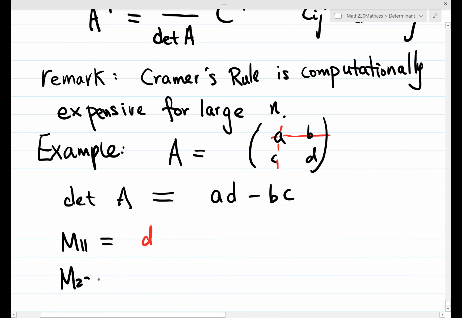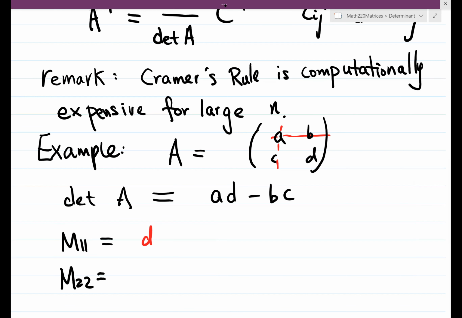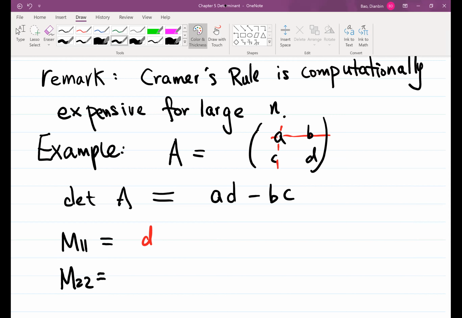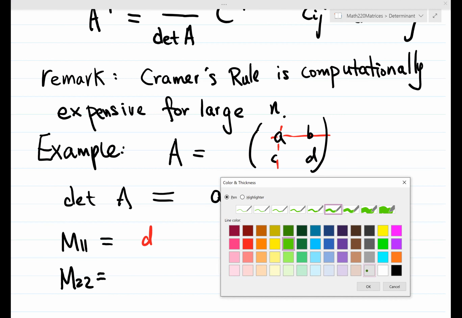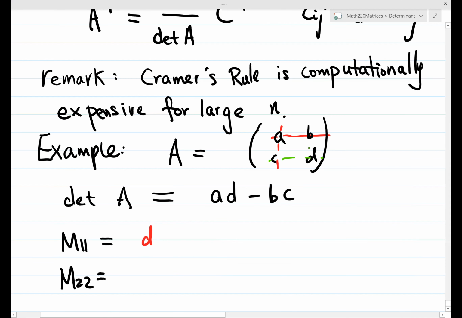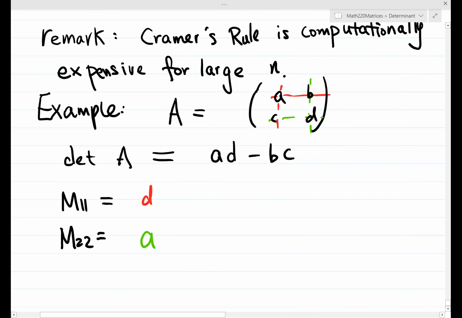M22. So we delete the first row, second column. Let's use green. If you delete the second row, second column, then you see the remaining thing is A. Okay, similarly,